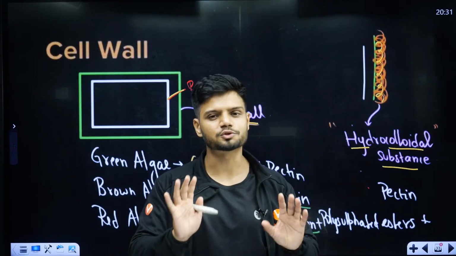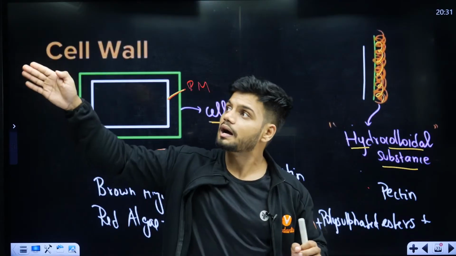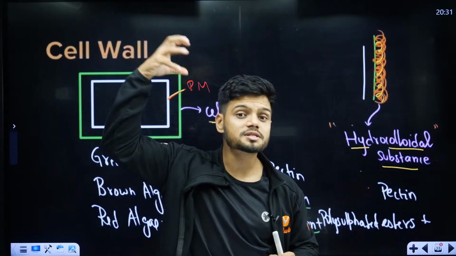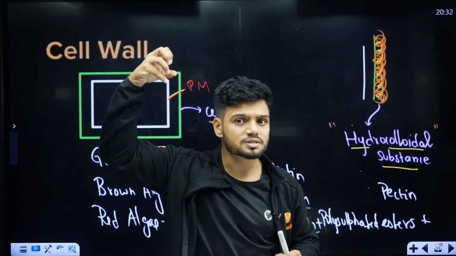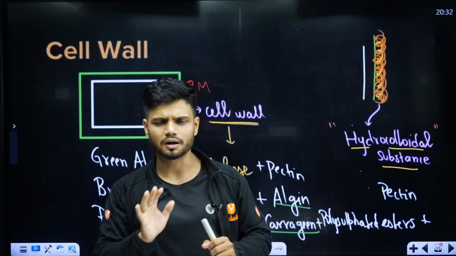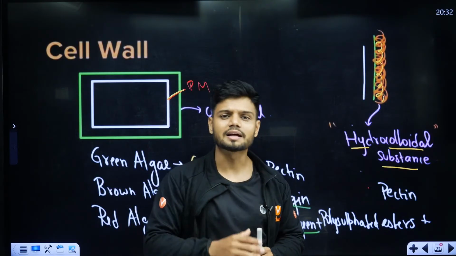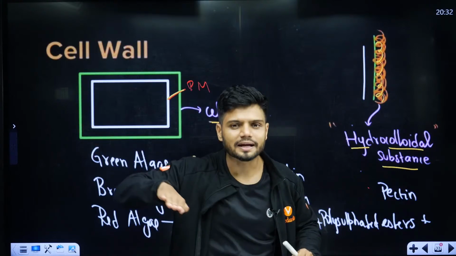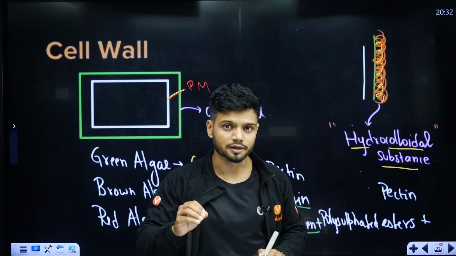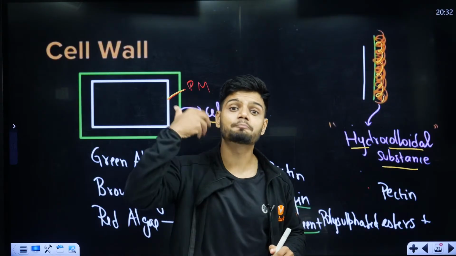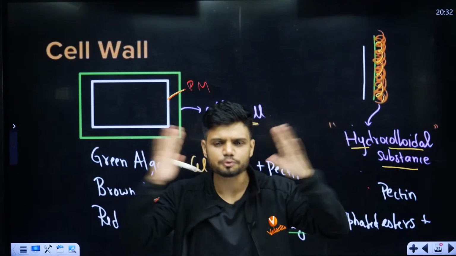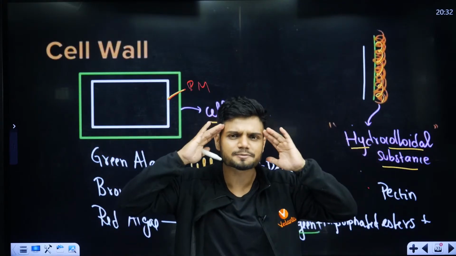Now how do you understand? There is something called high tide and low tide. All of you are aware that because of the moon's gravity there are high tides and low tides. You must have seen it at the seashore. Whenever there is a low tide, it means there is very less water. Whenever there is less water, the algae becomes exposed to the sunlight. Look, sunlight is coming from the top and the algae is now completely exposed.